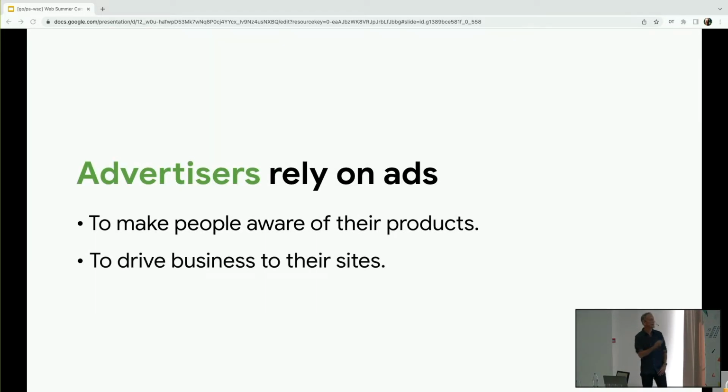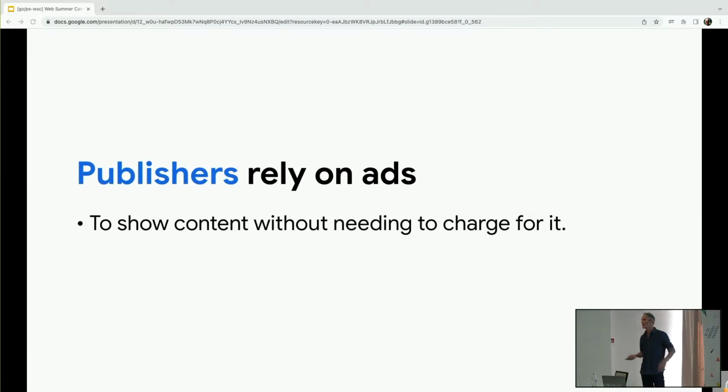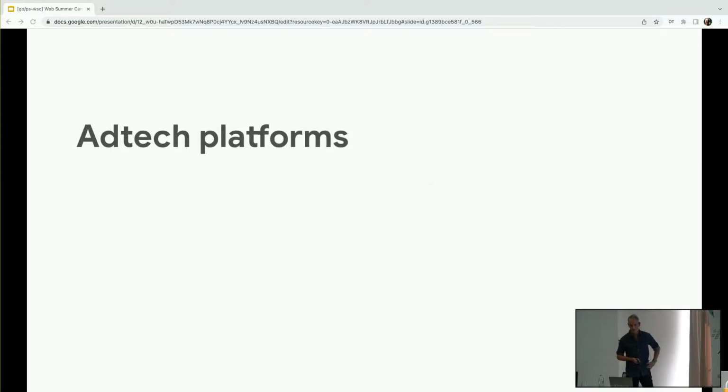Of course, advertisers rely on ads to make people aware of their products and services, and to drive business to their sites. Publishers can rely on ads to show content without charging for it, or if they have content that they believe they cannot charge for. So advertising can provide revenue to fund that for publishers.